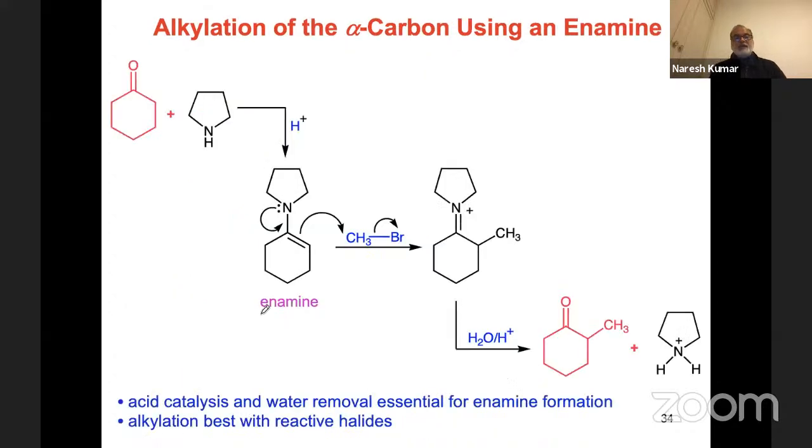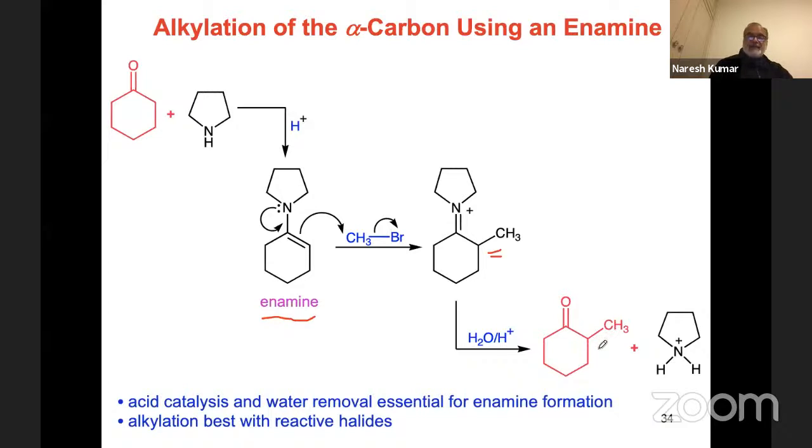And that is shown in the next slide, the whole reaction sequence. The cyclohexanone reacts with a secondary amine like pyrrolidine in the presence of an acid catalyst to give you an enamine. This is something you should have learned in the chemistry of carbonyl compounds in first year. And then this enamine reacts the same way as an enolate to alkylate this position over here. And then this ammonium salt here can be hydrolyzed in the presence of water to give us the alkyl substituted